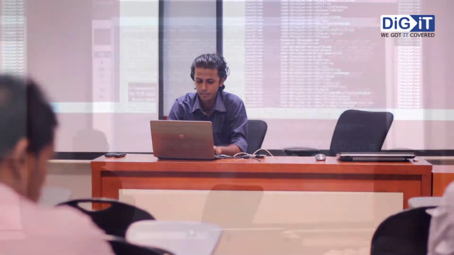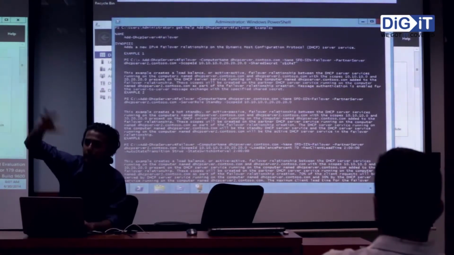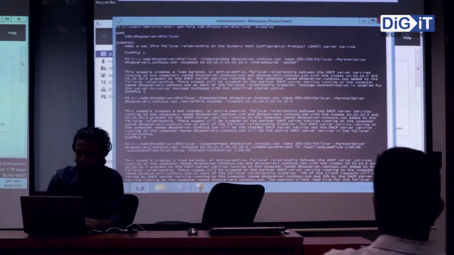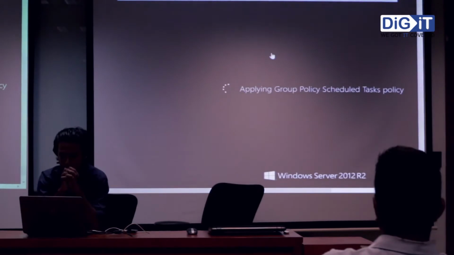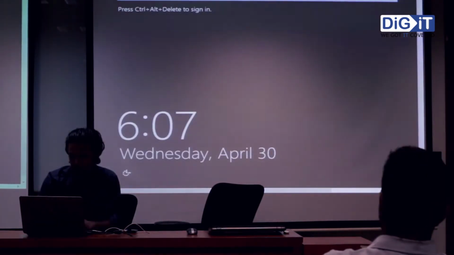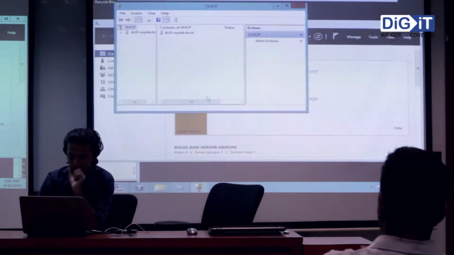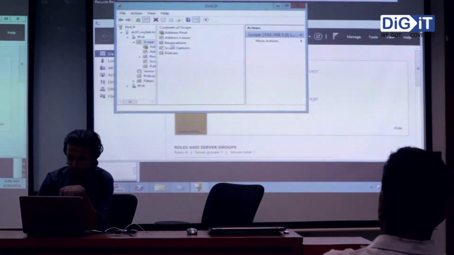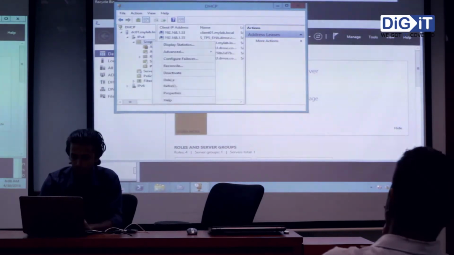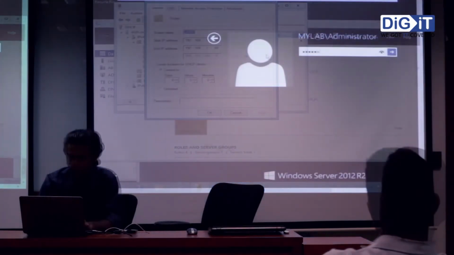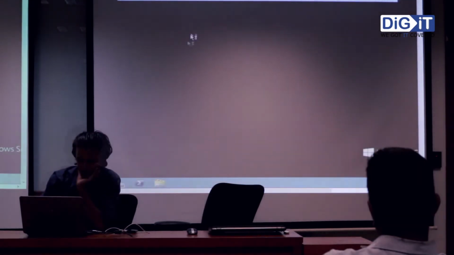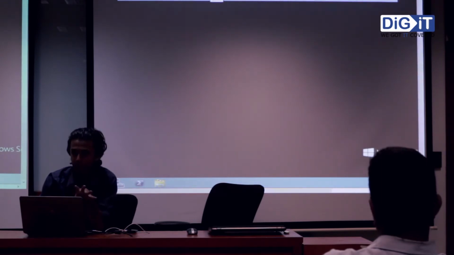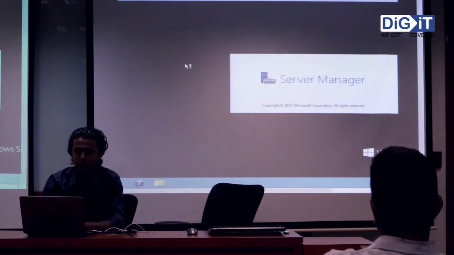If you want to get any help, using this command you can retrieve the help file. At the moment I have only one scope. In DC1 I have installed the DHCP server. Now I am going to install DHCP on DC2. That's my additional server.